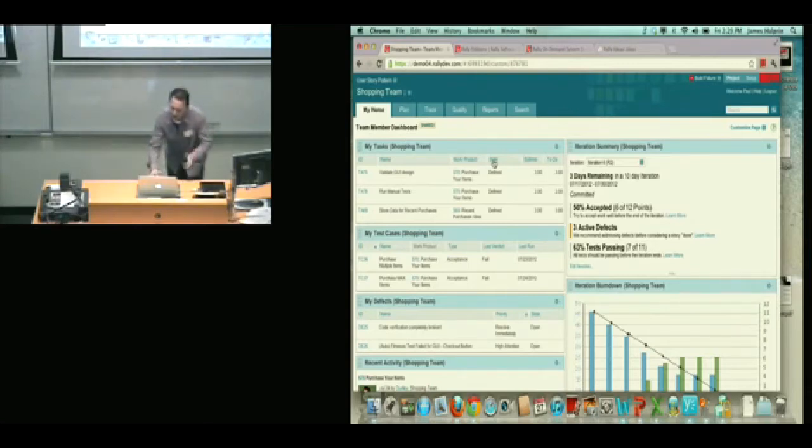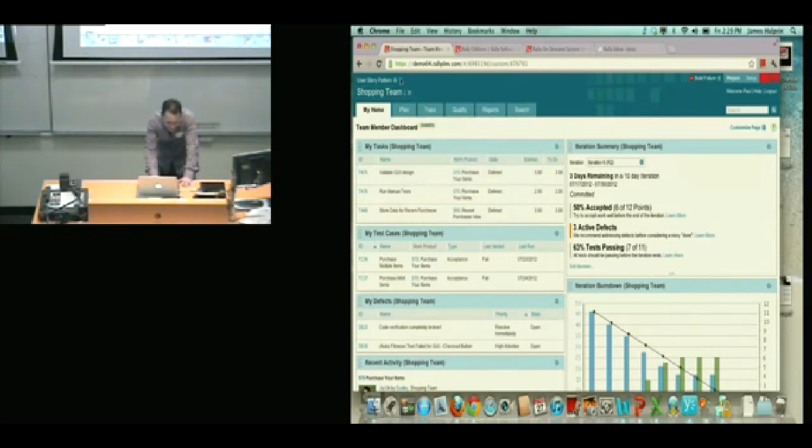So just to give an overview of what we're looking at here, to orient you in the tool. Firstly, this is the first screen that you'll come to in Rally, and this is what we call our dashboard screen. Each of these little blue rectangles are what we call apps, and we have a whole app catalog, which we'll walk through shortly. You can configure this screen any way that you want. You can have multiple dashboard screens, and if you're an administrator, you can share those with everyone in your subscription, so you don't have to get everyone to create it themselves. If there is a preferred view of the information that you have, it's very easy to create and share